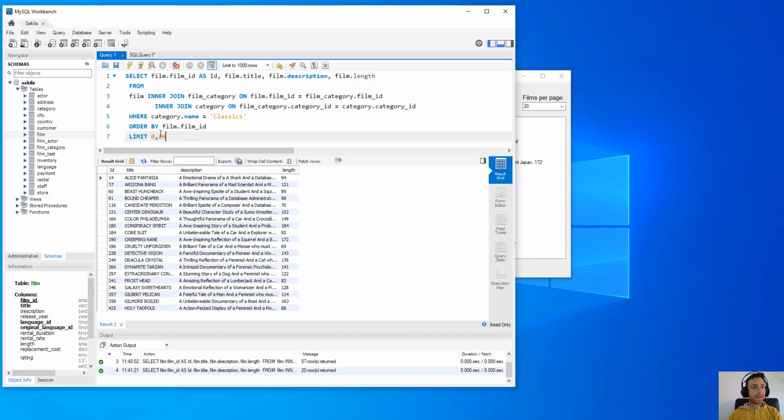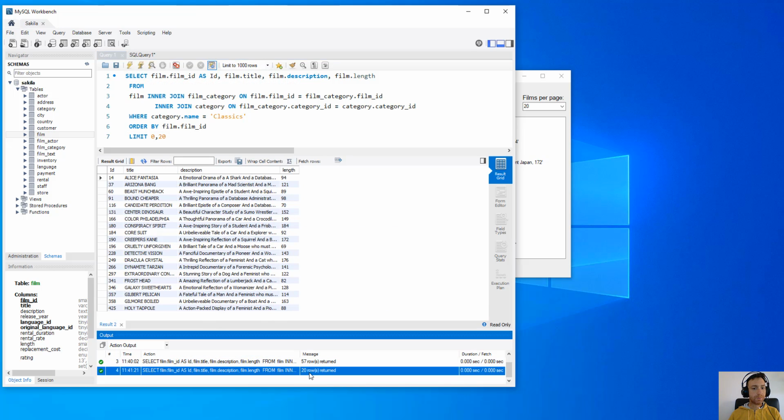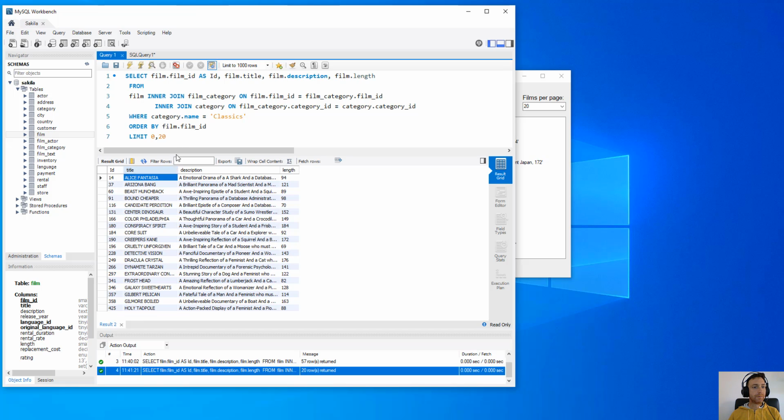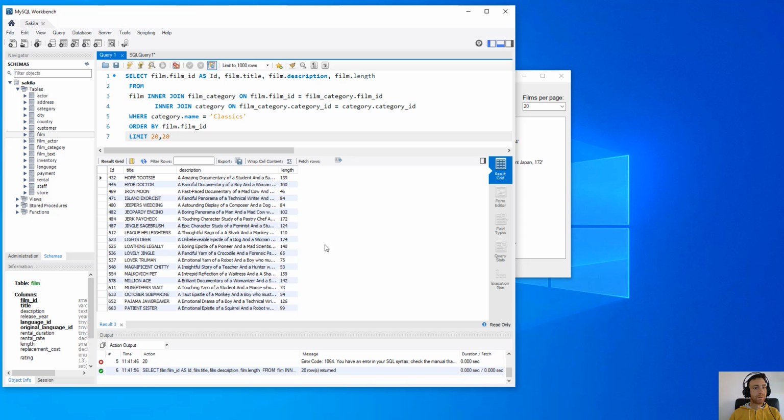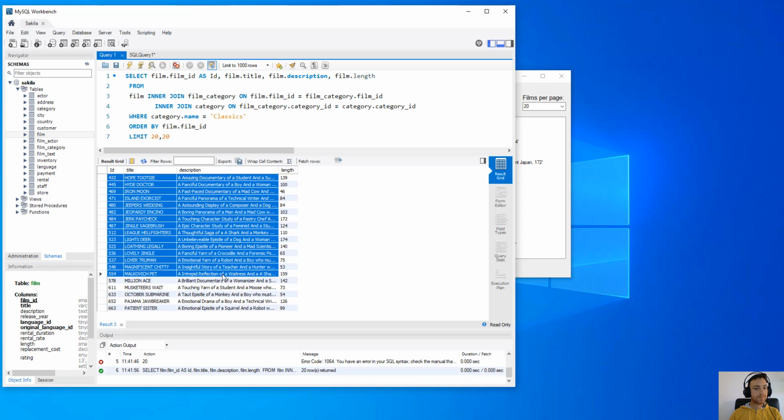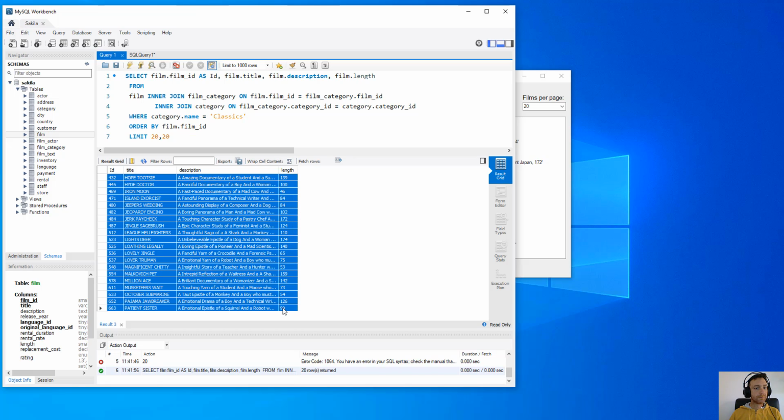Okay, I have 20 rows, which are the first 20, and I'm in page 0. If I say, okay, start from the row 20th and give me 20 more, I will get the next 20 rows